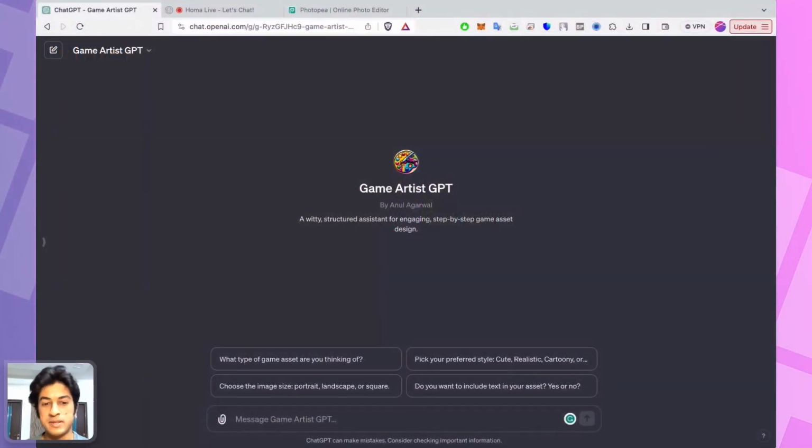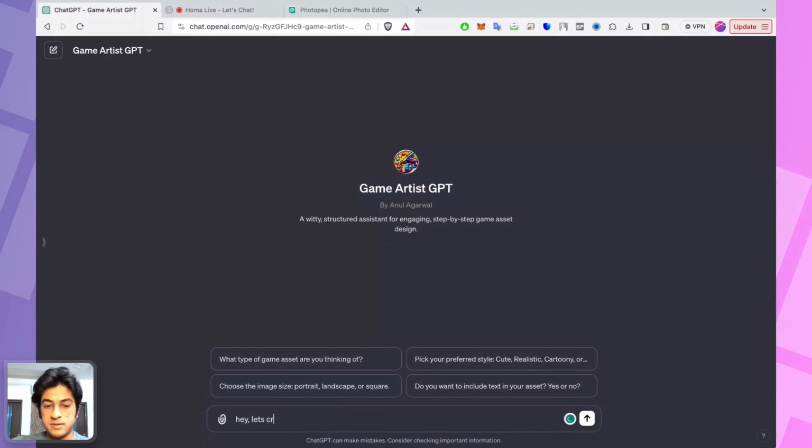All right. So to begin with, in the last episode, we left off at generating assets for the game, in-game assets, and today let's pick it up where we left off. So this is Game Artist GPT, a custom GPT I developed using ChatGPT. To access this, you would require GPT-4, and you can just click on the link in the description below and access it. So in the previous episode, we were trying to create a game based on a thief and a robber. So we needed some assets like a thief and a robber. So let's ask the chat to create these assets for us.